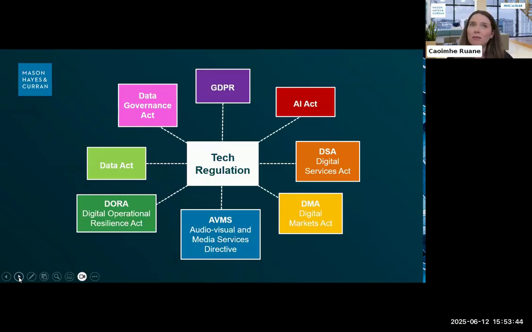We have been looking into the EU Data Act at MHC more recently, quite a bit, particularly as this will largely come into effect for most firms in September later this year. And for those of you that don't know, this regulation aims to harmonise the market in the digital product space, connected product space, in the Internet of Things. It will also bring about additional contractual protections for some small to medium enterprises in their contracts with larger businesses,